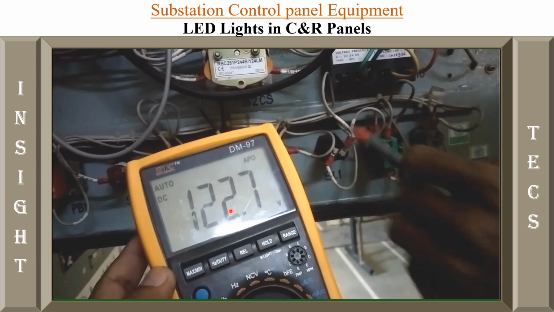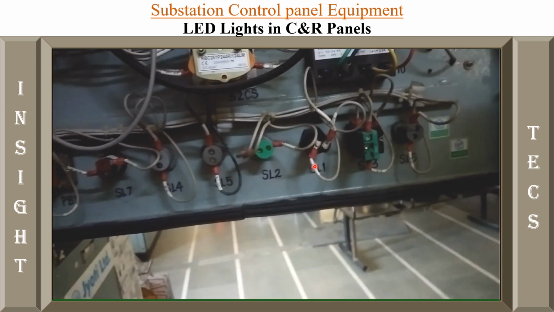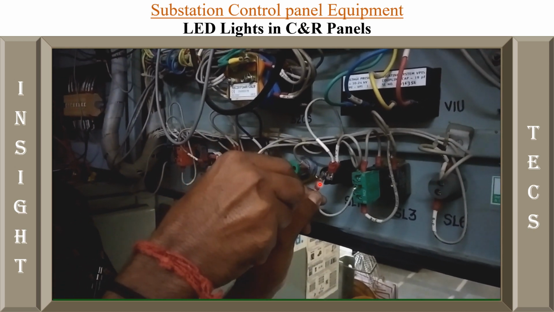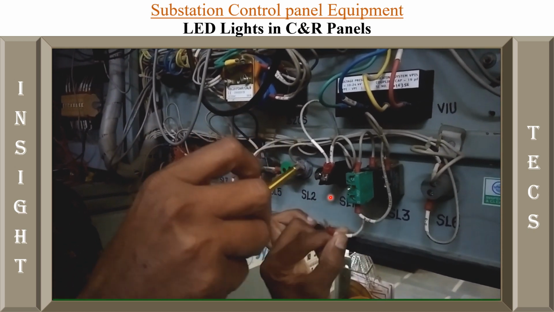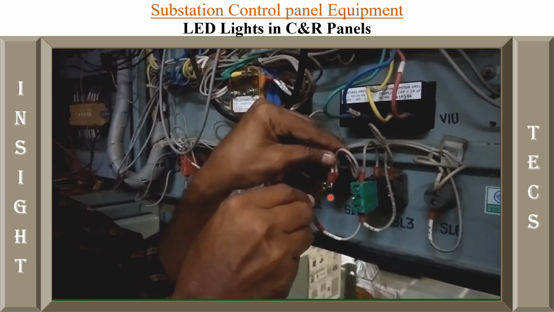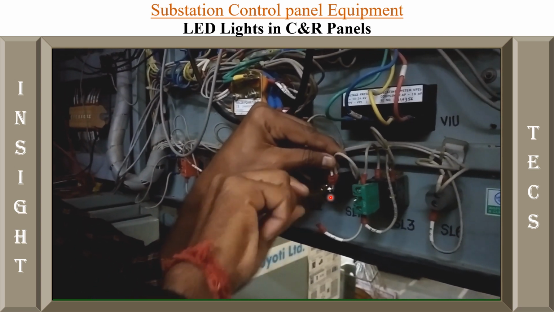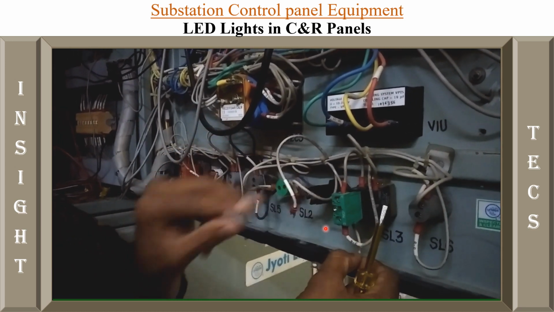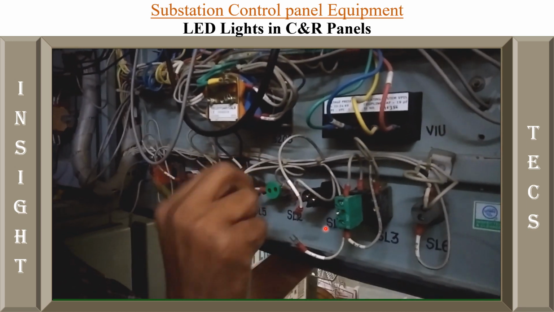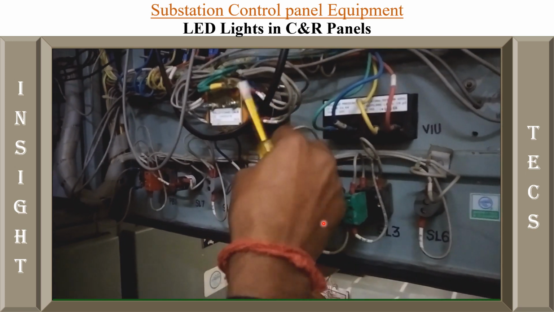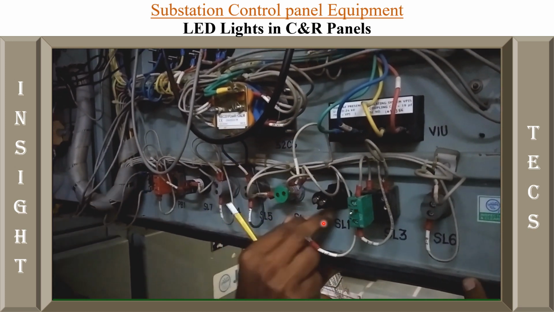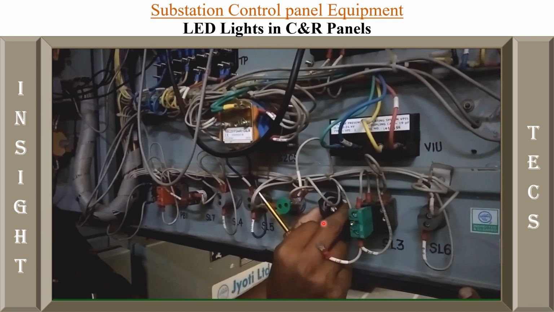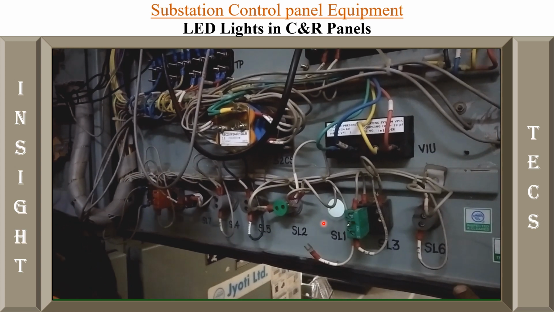This is case 1. What is the issue? The issue is that the LED is not working. So let us now replace the LED over here. See, we have removed both the wires on both the terminals, okay, one after the other. We have to be careful while doing this, because on both the ends there is DC voltage, right? Okay, so now it's very easy to remove this LED and replace it with another one.